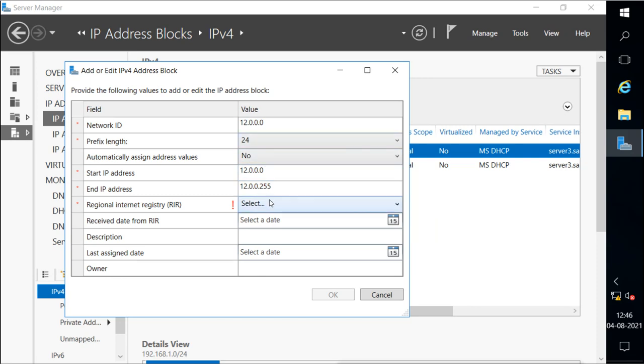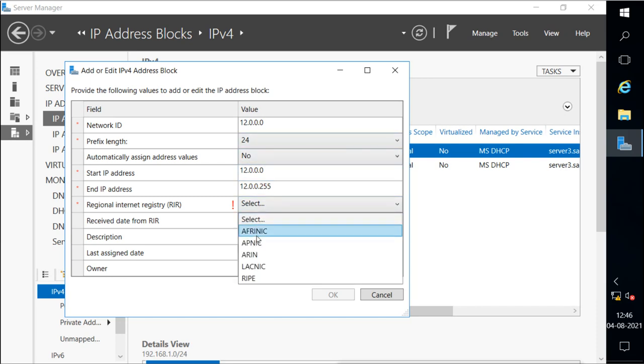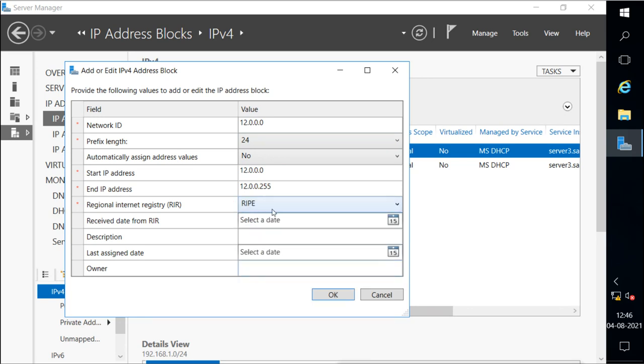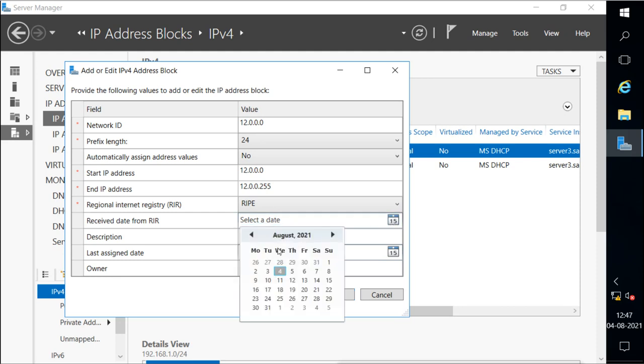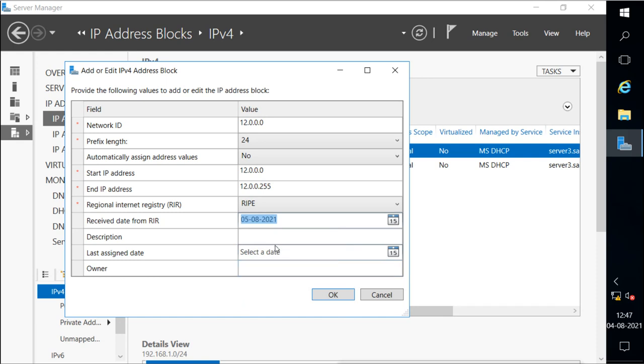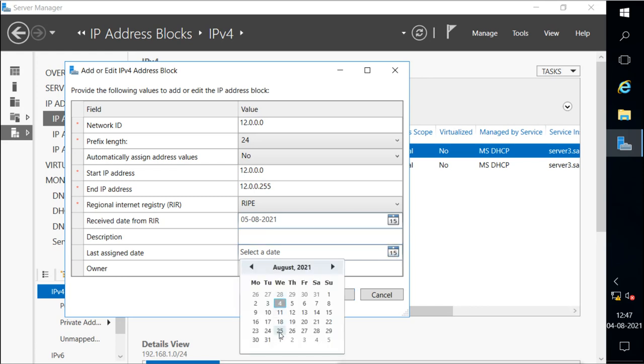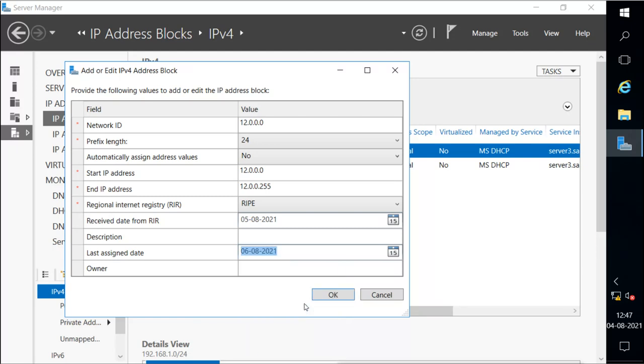Then what RIR, what registry I have got this IP address from, what was the date of getting the IP address. You can add the description, and what was the last assignment date. Then who is the owner.